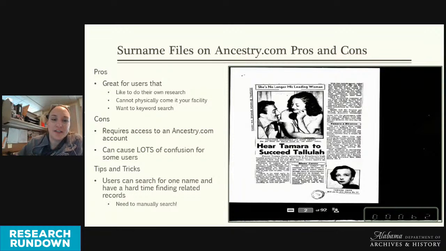So some of the confusion that it causes: many years ago when I first started working here, we actually did not know that Ancestry had uploaded the surname files onto their website. So we would get people who would call and say, hey, I found this article for this gentleman and his name's John Doe, and I would like to know where the rest of the records come from. And we would have the most difficult time figuring out where it came from,